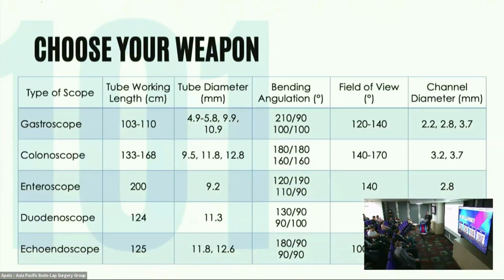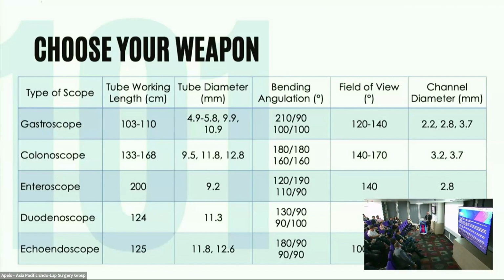So what is important with endoscopy is, of course, you choose your weapon. When you do your upper GI endoscopy, you use a gastroscope. Of course, when you do your colonoscopy, a colonoscope, the diameter is a lot bigger. But there are certain scopes that have different stiffness from 0 to 3. But I don't think, do you still use the stiffness? No, the stiff no more, right? Because of the skills, you are able to reach 100% all the time the cecum without actually using the stiffener